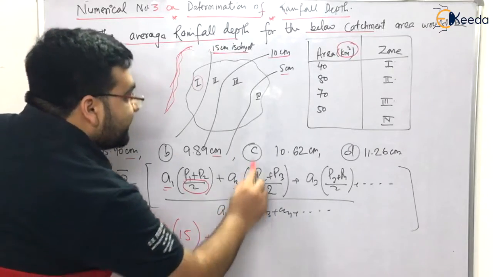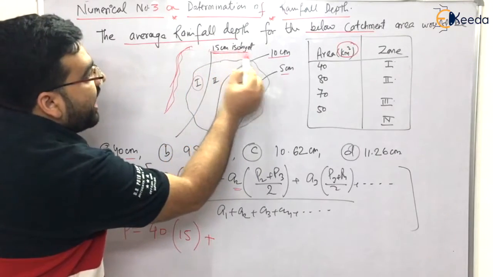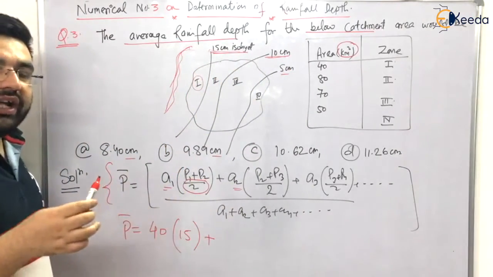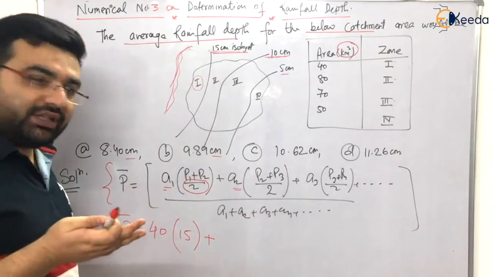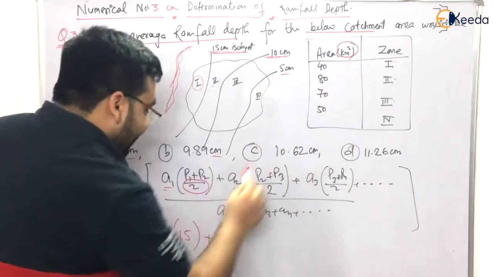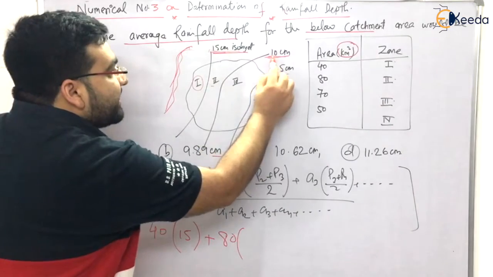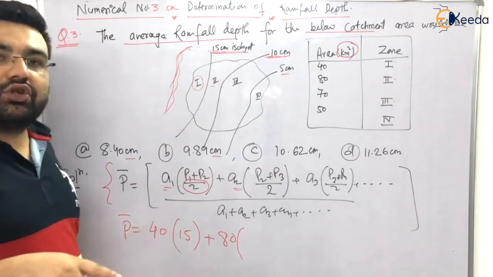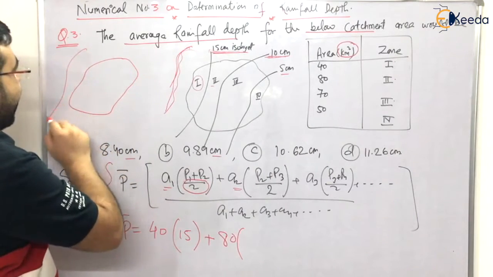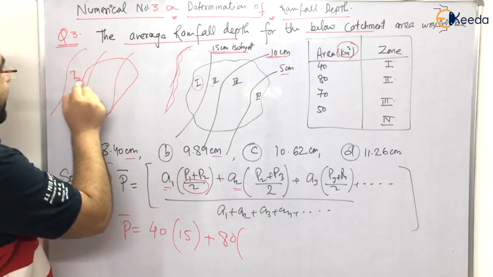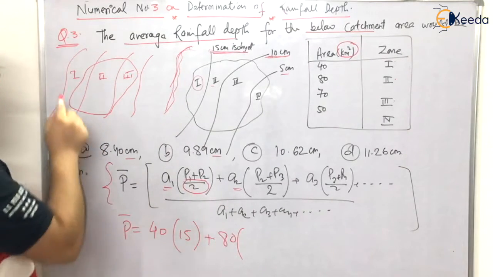Now let's come to the second part. This second part is between 15 centimeter isohyet and 10 centimeter isohyet. So we have to take the average precipitation for this area, right? So this area A2 is 80. Now this isohyet plus this isohyet divided by 2. That is why I have chosen this question. Because when I told you the concept, I drew a catchment like this. This was the isohyet like this. This was area 1, area 2, area 3. And another isohyet, right? So it was very easy.